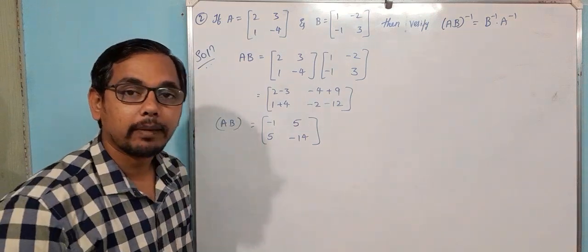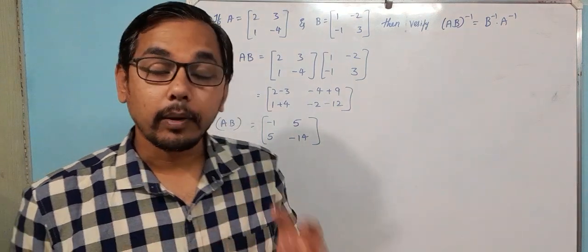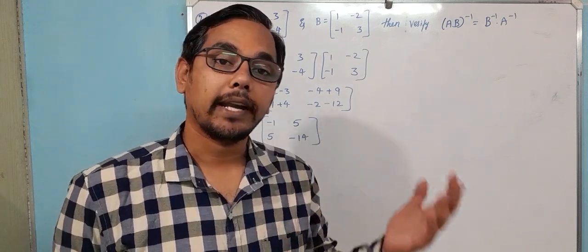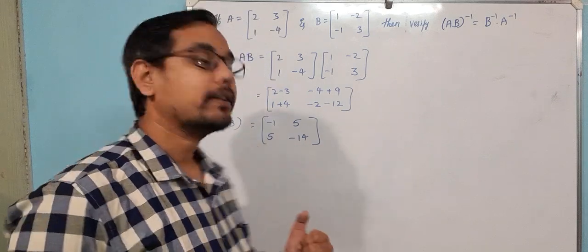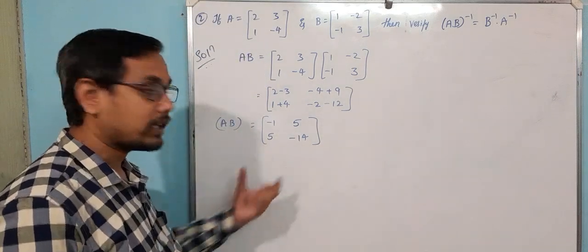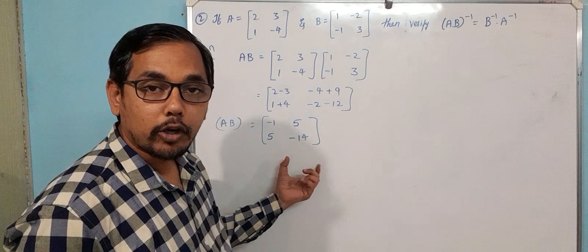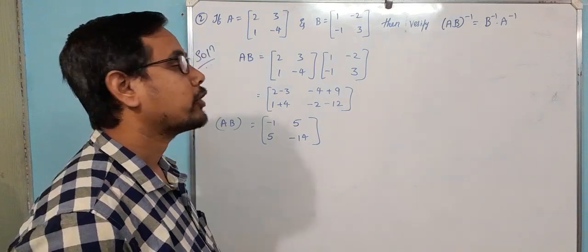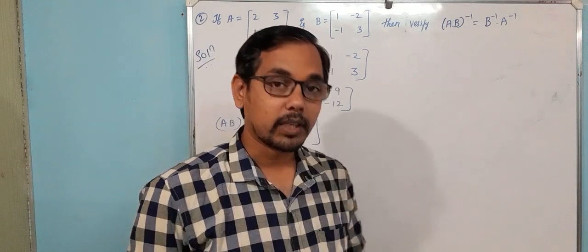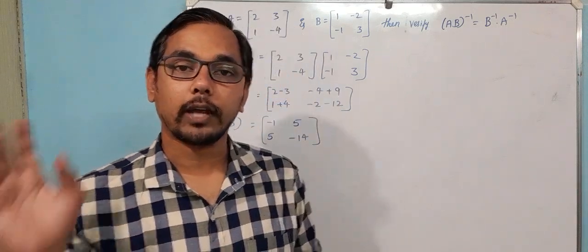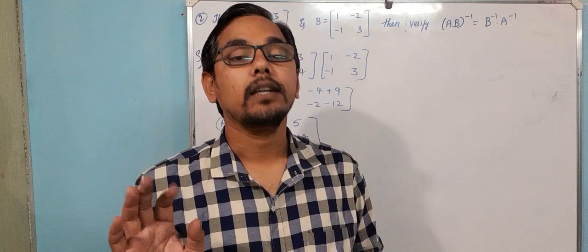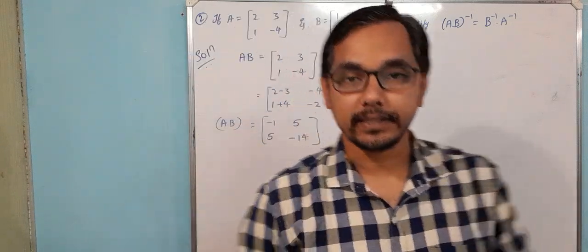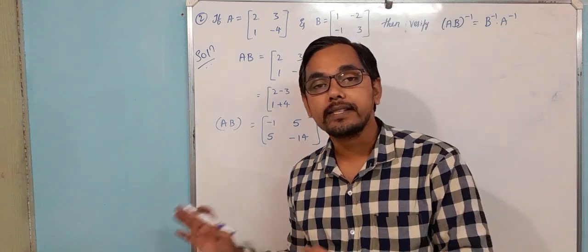Inverse of any matrix is given by: if A is a matrix, A inverse is 1 over determinant A into adjoint A. But here we have only the matrix, so we need the adjoint of this matrix in order to calculate its inverse. How to find the adjoint? If it is a 3 cross 3 matrix, there is no way out: you should calculate minors as well as cofactors. But here it is a 2 cross 2 matrix, so you can easily find the adjoint.